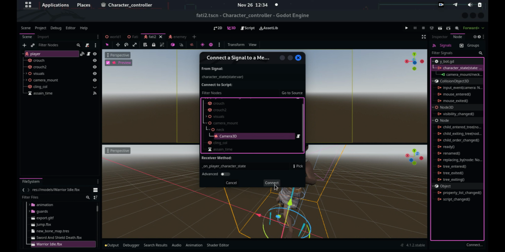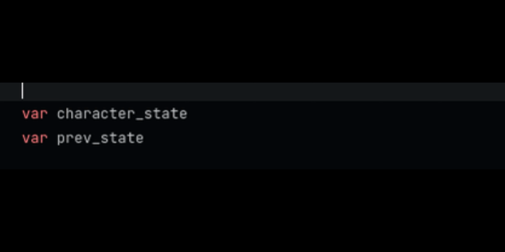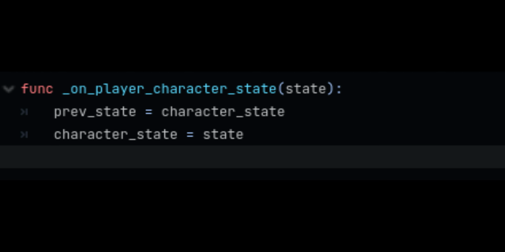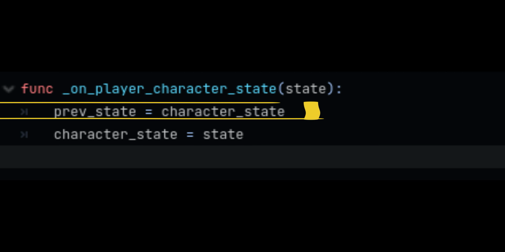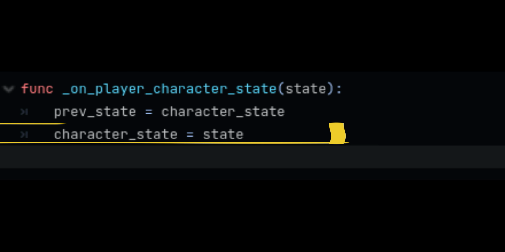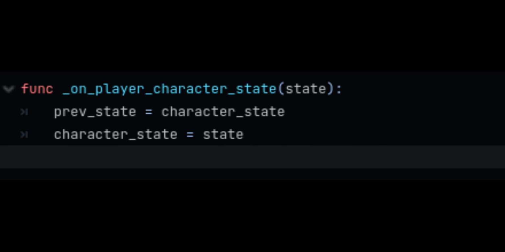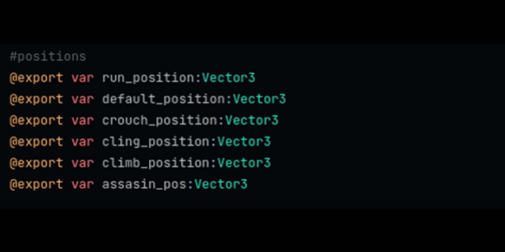In the camera script, I introduced 2 new variables, character_state and previous_state. Within the signal function, I assign the previous state to the character state and the character state to the state received from the character's script. Moving on, we export a vector 3 variable for the camera position in specific states, and likewise for the default position. In the editor, under the camera's inspector,